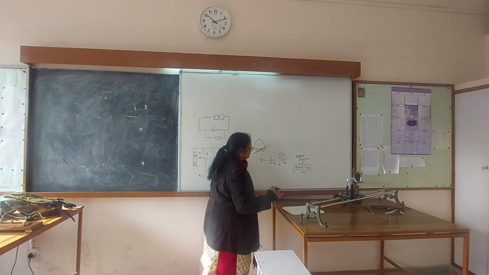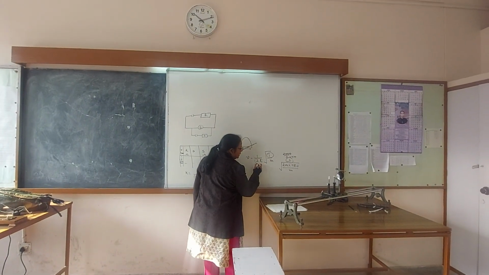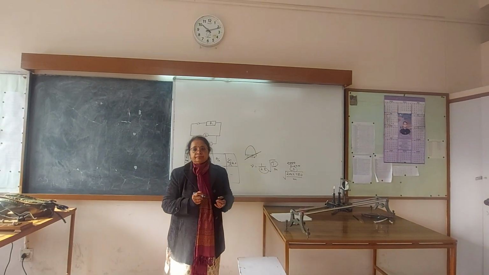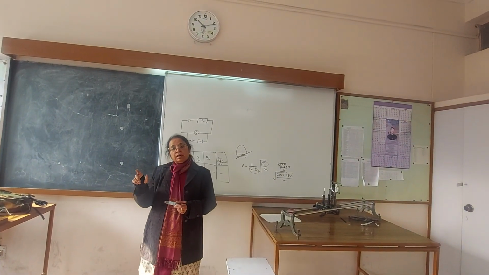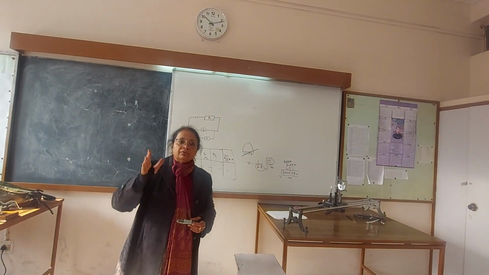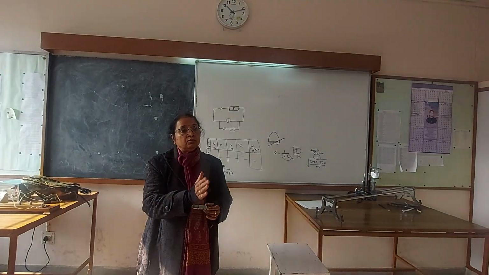What you have to do? With this value corresponding to each correct mass, just divide it by 2L. What is 2L? L is the resonating length. And resonating length from 200 to 600 will be somewhere between 30 and 40. So fix one bridge at 30 and move the other one.